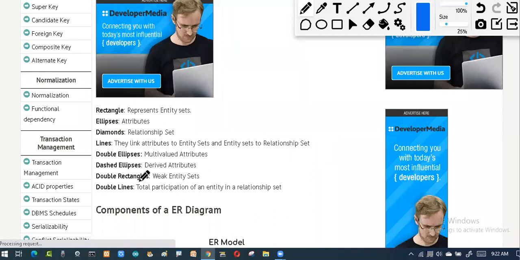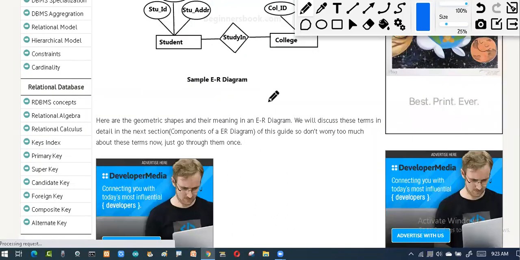Then coming over here, there are some types of attributes. What are these types? We have different types of attributes, such as multivalued attributes and derived attributes, and there is also something called a weak entity. So we have different types of entities and attributes. Coming to multivalued attributes, that is an attribute drawn with a double oval. If I draw the circle double, it will be treated as a multivalued attribute.